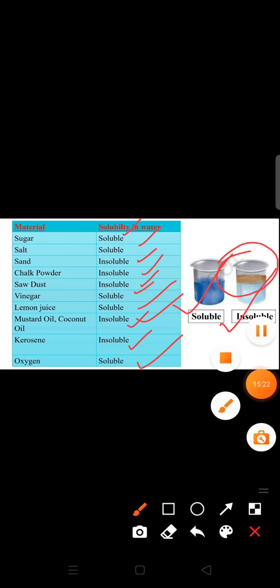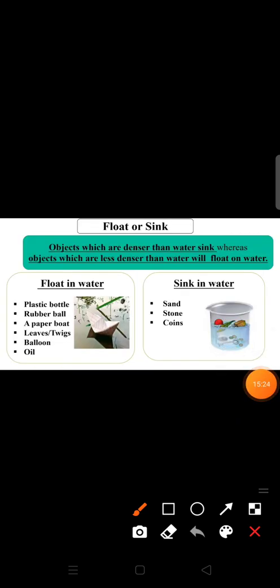Okay, now the next is whether the material floats or sinks in water. So our next property is whether the material floats or sinks in water. Okay, so the objects which are denser than water sink, whereas the objects which are less dense than water will float on water.